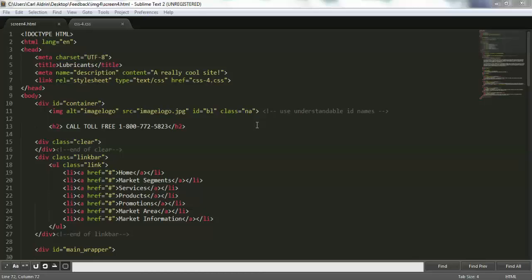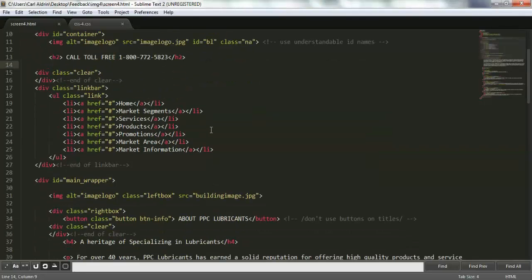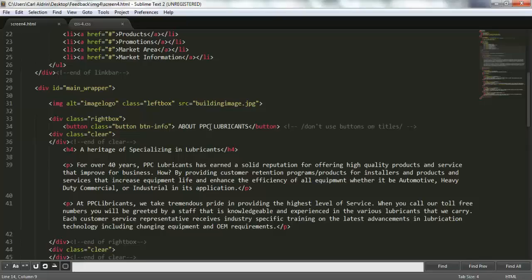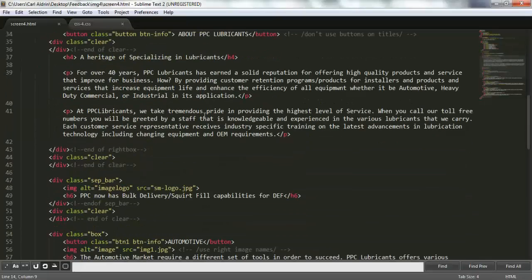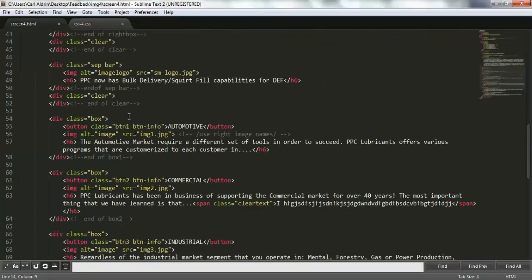The good news is I found out that you're now good in coding your HTML, which includes your indentation and your use of comments.